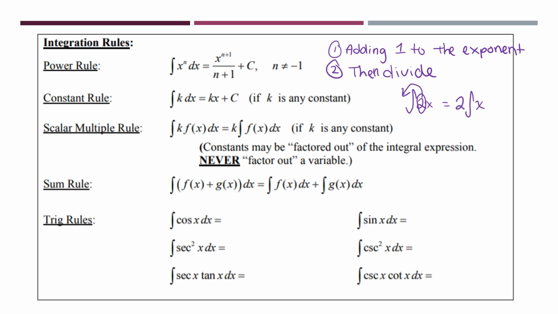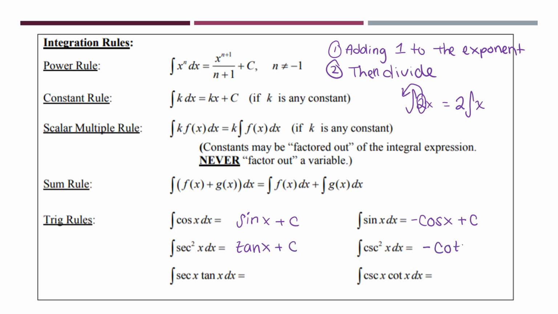All right, then we have our trig rule. So let's go ahead and fill this in. So the integration of cosine is sine x plus c. Sorry, funky little s going on there. There you go. All right, when we integrate sine, we get negative cosine x plus c. Integrate secant squared, we're going to get tangent x plus c,